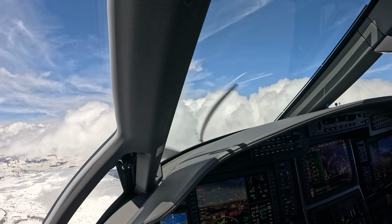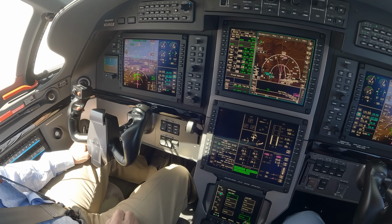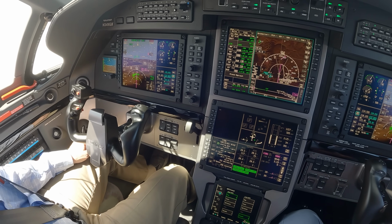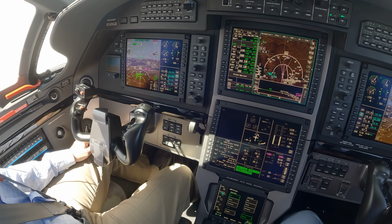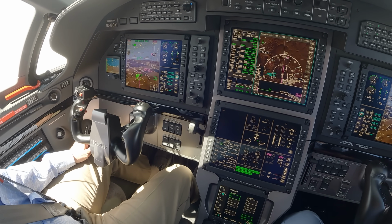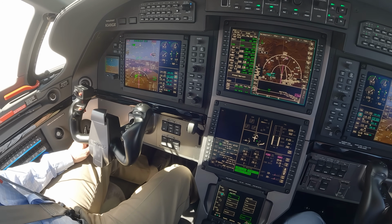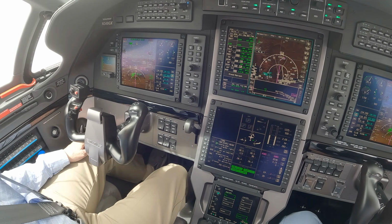Pilatus 1, go ahead. I request a direct route for the RNAV Zulu Steamboat Springs. Pilatus 1, okay, you want to do, understand, okay, direct to route. So direct route. Yeah, direct route for Pilatus 1, and then we'll be requesting the RNAV runway 32 for the